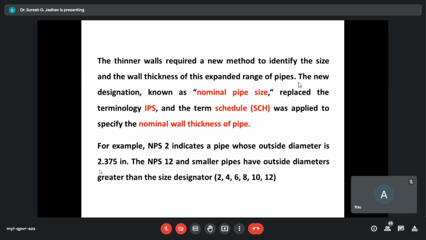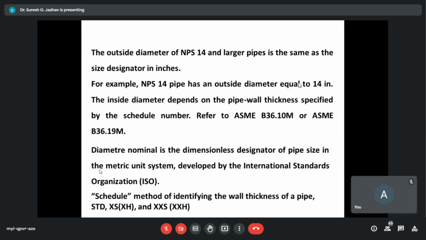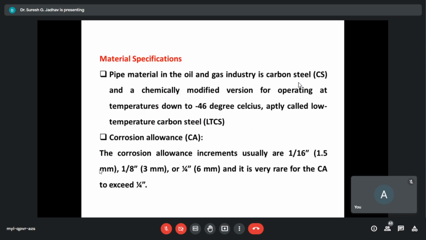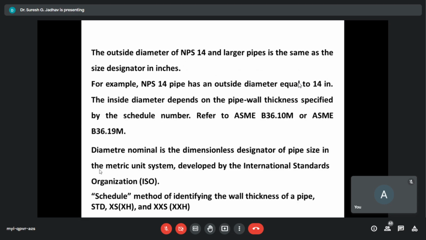Corrosion resistance means we can reduce the corrosion allowances, and in many cases dispense with them, resulting in a reduction of the wall thickness and less weight. So these thinner walls,